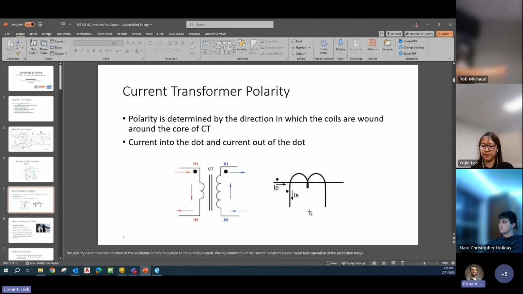If you leave this open and you don't short it out when it's not being used, the CT, theoretically, is going to try to pump the voltage between these two terminals up as high as it can get. What ends up happening is it blows up, and it ends up being very dangerous. And it happens a lot, where people just forget to short these out, but it can cause some catastrophic